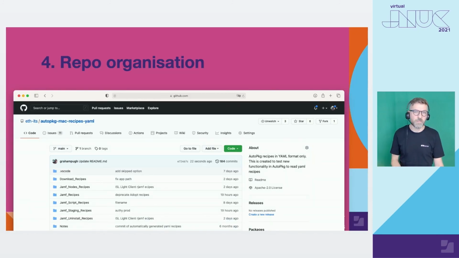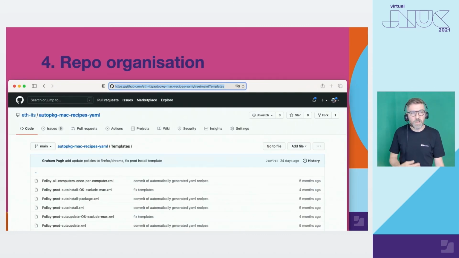My fourth tip concerns repo organization. JSS Importer is quite strict about where you have to place templates and files associated with a recipe for them to be seen, but Jamf Uploader is more flexible. Jamf Uploader processors will search the entire repo that contains the recipe for a file of the matching name to that specified in the recipe. That means in most circumstances you don't need to provide a path to the file, and they do not need to be in the same folder as the recipe. Nor do you need to copy them to the recipe overrides folder, though you can if you like.